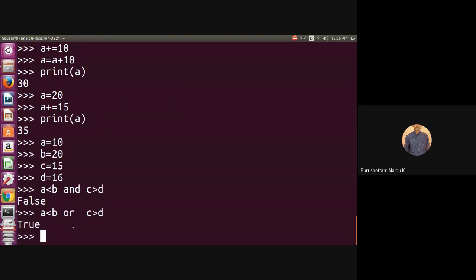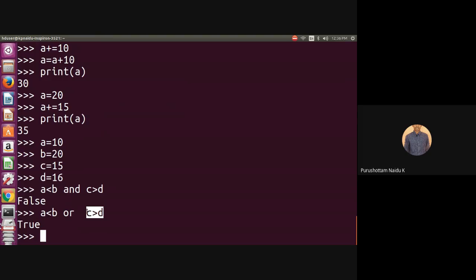One more thing: when the interpreter evaluates the expression, for example in an OR operation, if the first one is true, the output is obviously true. That's why the interpreter does not evaluate the next expression. If it is false, only then does it evaluate the next expression.